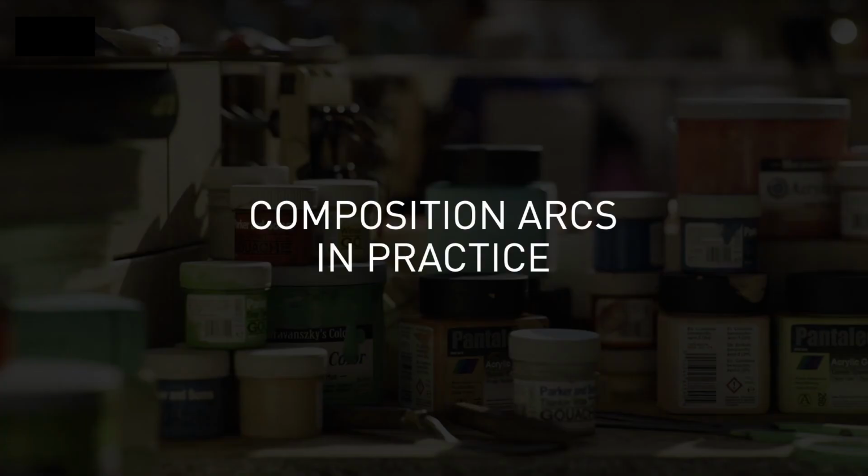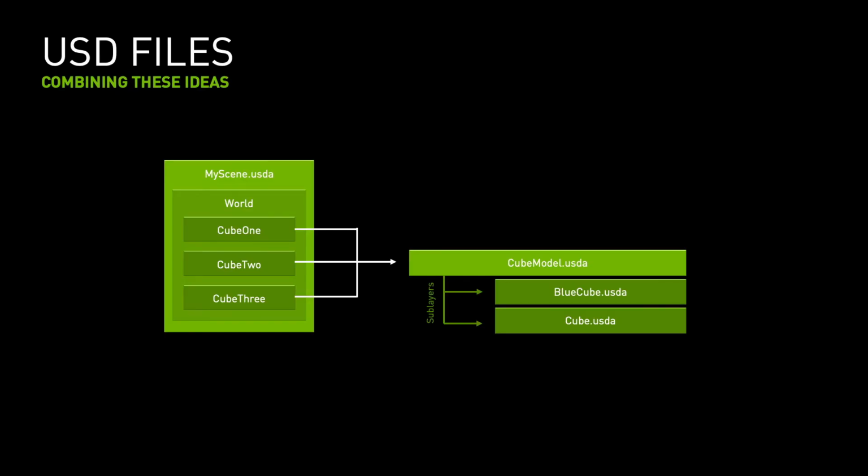Let's think about what this all means in practice. In our example, we've built this network of files. When you open myscene.usda in a tool that reads USD files, it will first open myscene.usda and scan it for composition arcs. It will find a reference to cube_model.usda, so it then opens that file. While reading that file, it will notice that there are sublayers, and that each of those needs to be opened. Those have no composition arcs, so the traversal ends, and we have all the data we need to render this